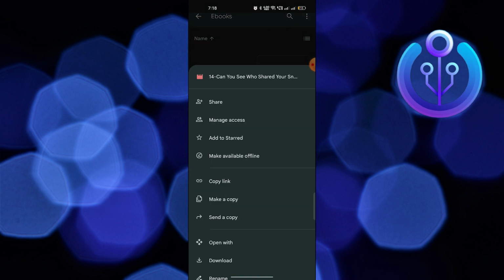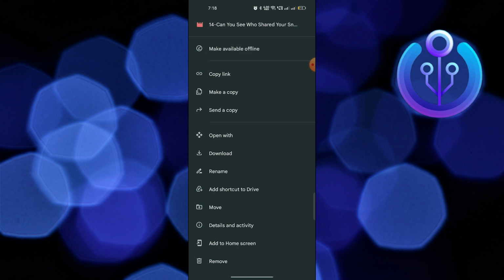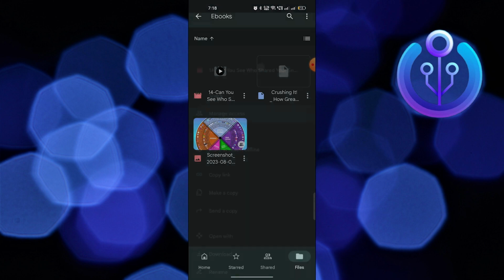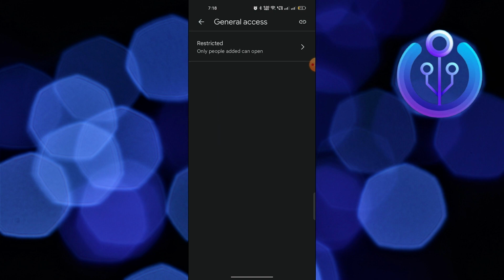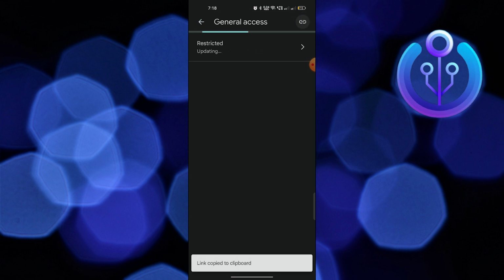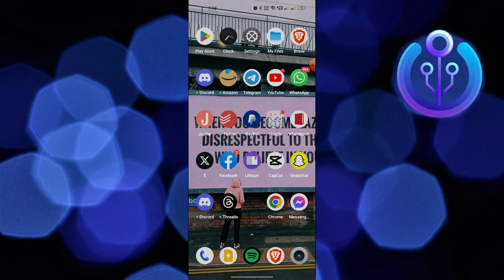Once it's done, click on three dots from the video and tap on Manage Access. Then from Manage Access, click on Restricted and choose Anyone with the Link option. Now tap to copy the link from the top right corner. After copying the link of your video in Drive,